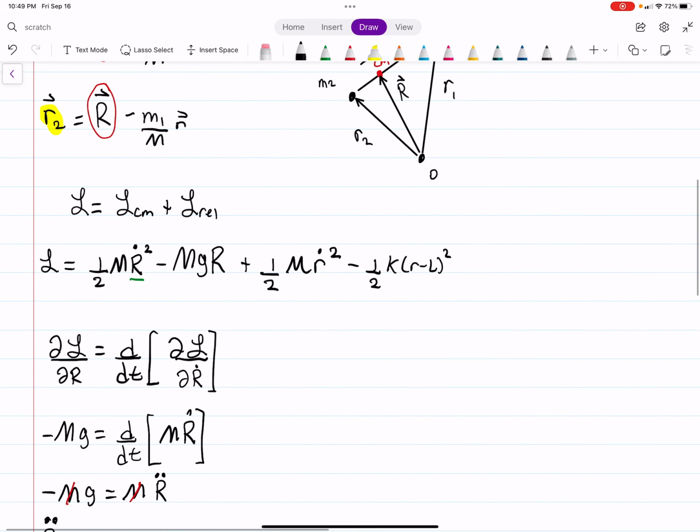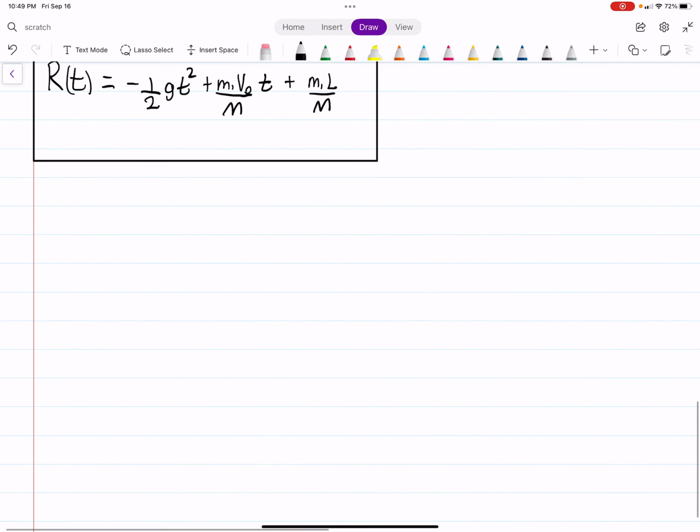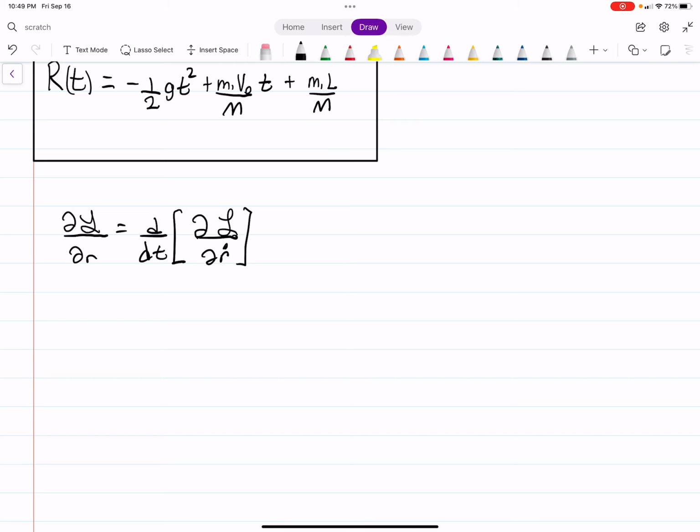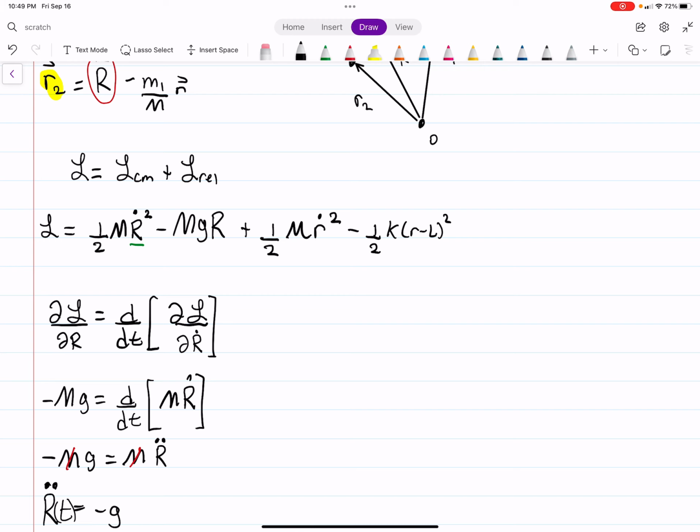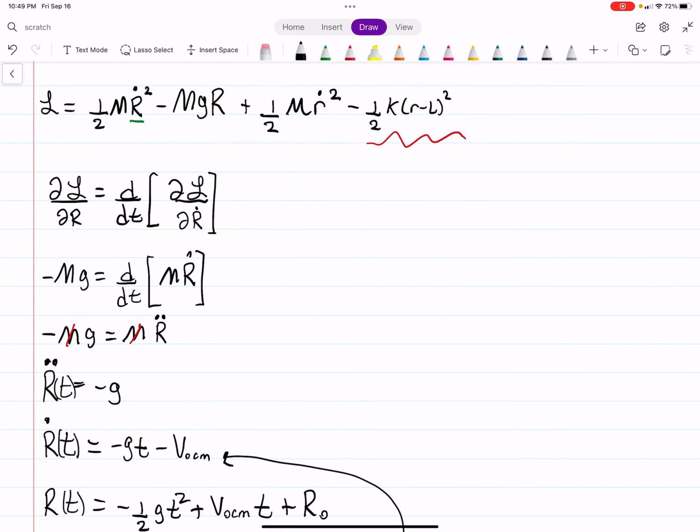So we did with respect to big R, but we could have also done little r. So we can do the Euler Lagrangian again, but this time replacing big R with little r, and we'll get a different differential equation that will describe the separation between mass 1 and mass 2. Okay? So we need to take the derivative of the Lagrangian with respect to r, right? So coming over here, just a little chain rule. You'll get minus k, r minus L,